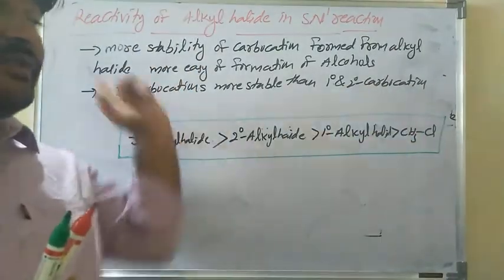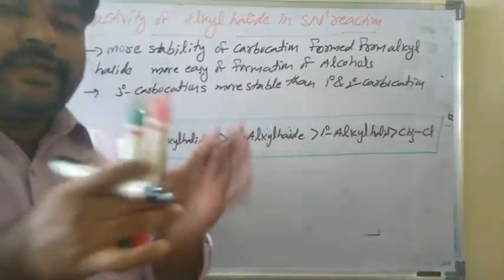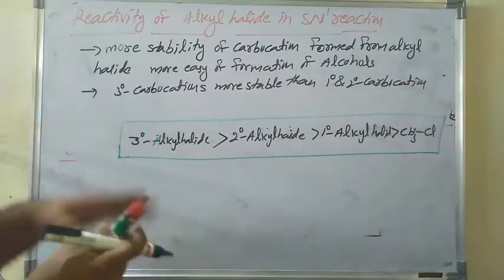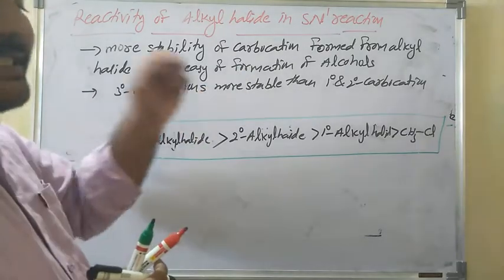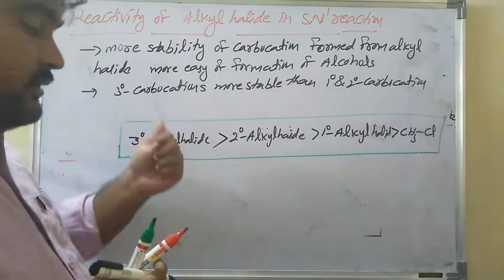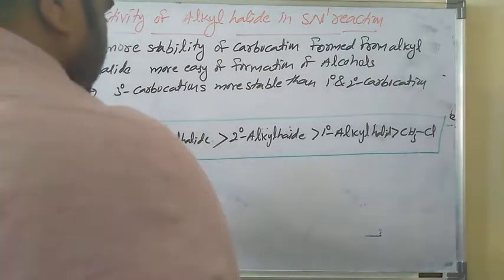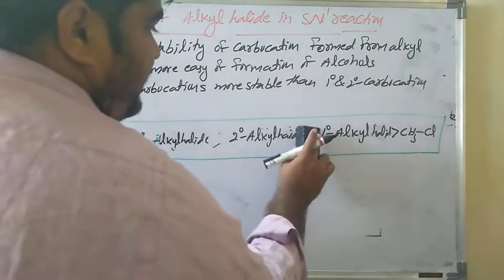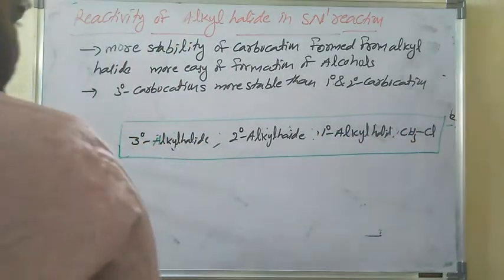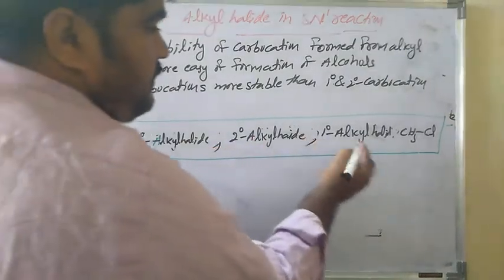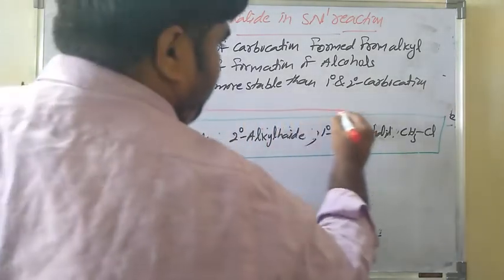But in SN2 reaction, which one is more reactive? Methyl chloride, then alkyl chloride. So both we can write together. Tertiary alkyl halide is more reactive towards SN1 reaction. But in SN2 reaction, tertiary alkyl halide is very less reactive. We can write both, tertiary alkyl halide and methyl chloride, with commas, in increasing order, for example, from left to right.